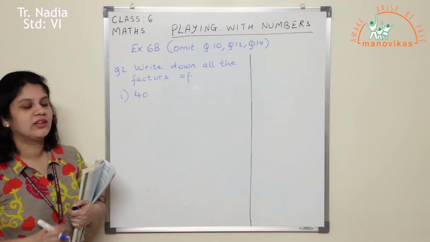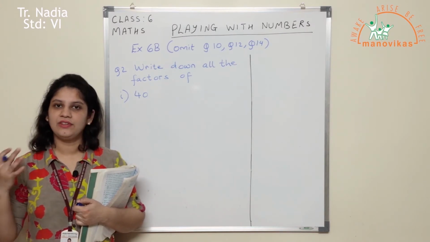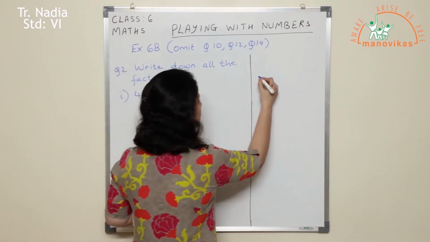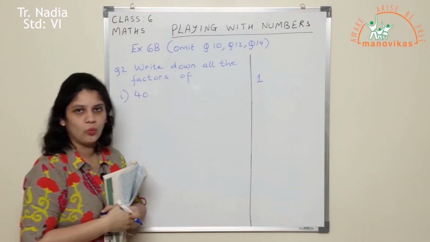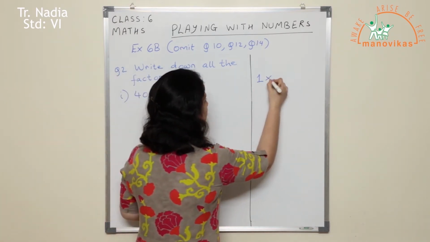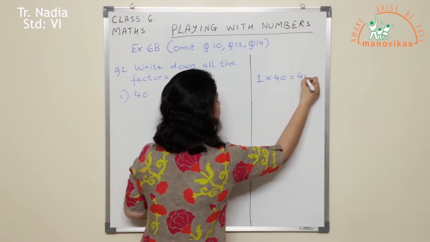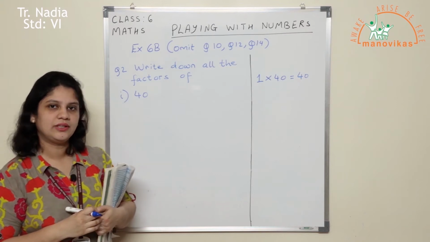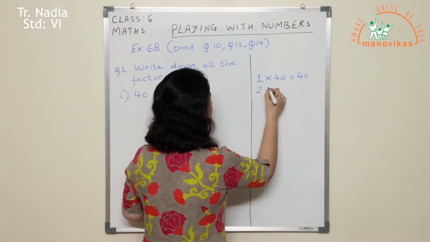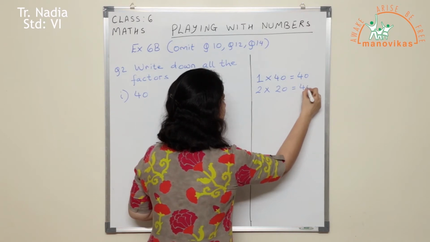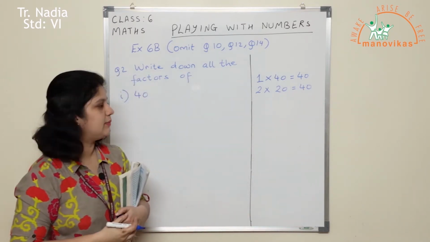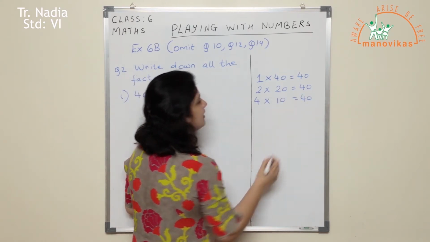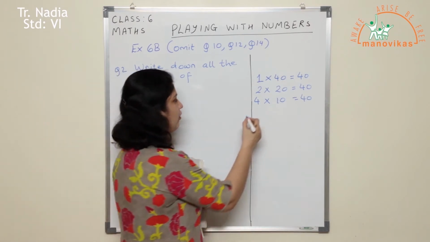So let us make use of the rough column and try to recollect in which tables we get the number 40. As you all know, all the numbers come in the table of 1. So I will begin with the 1 times table. We know that 1 40s is 40. So I began with 1. Now let's see 2. Does 40 come in the 2 table? Yes. We know 2 20s will give me 40. 3 table? No, 40 does not come in the 3 table. There is the 4 table. 4 10s are 40. Then there is a 5 table. 5 8s are 40.